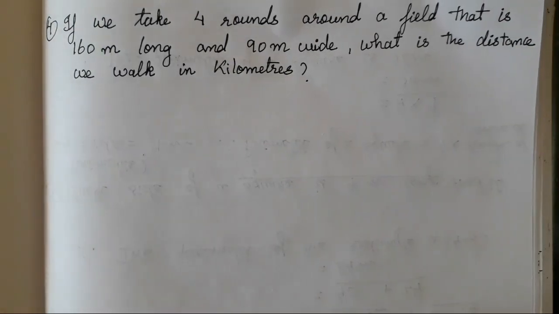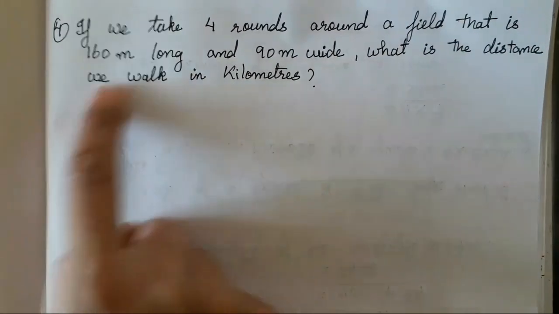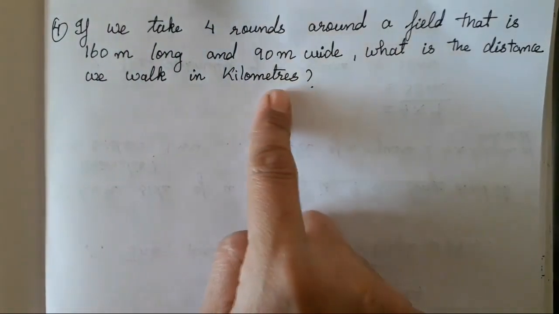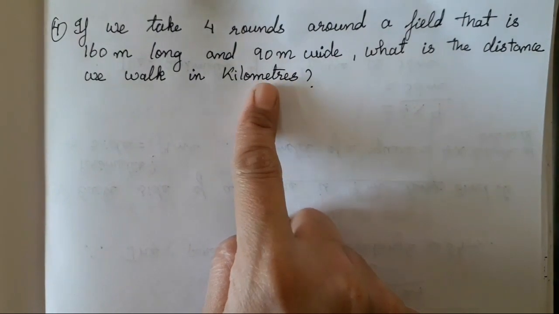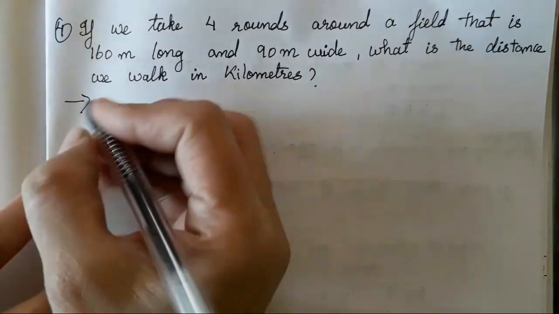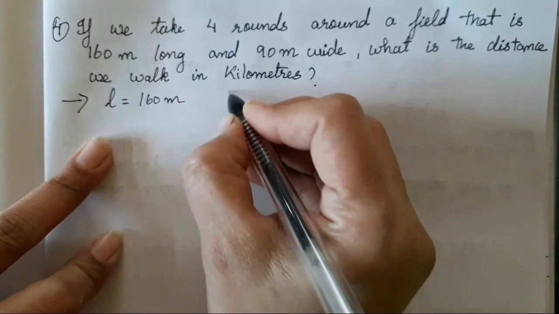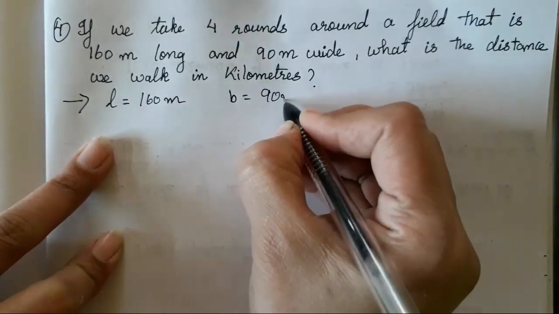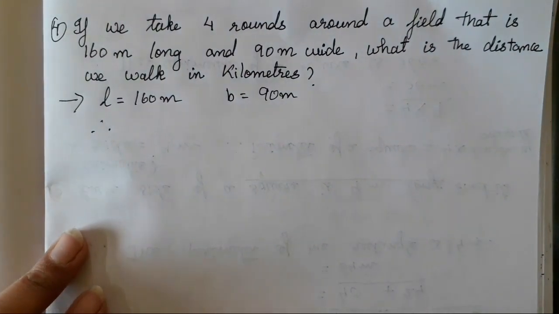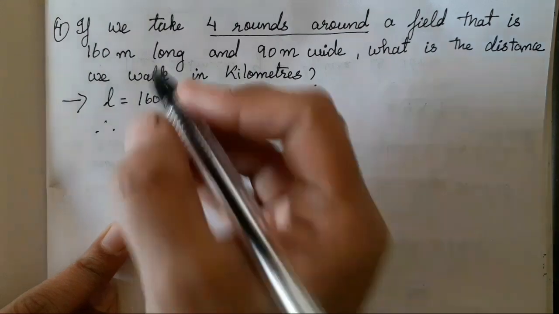Now the fourth sum is, if we take 4 rounds around a field that is 160 meter long and 20 meter wide, what is the distance we walk in kilometers? So we have to find the answer in kilometer, children. So again it is a rectangle, so we will write length is how much? 160 meters and breadth is how much? 90 meters. So therefore first we have to find the perimeter of the rectangle, then we have to calculate 4 rounds. Okay, so therefore